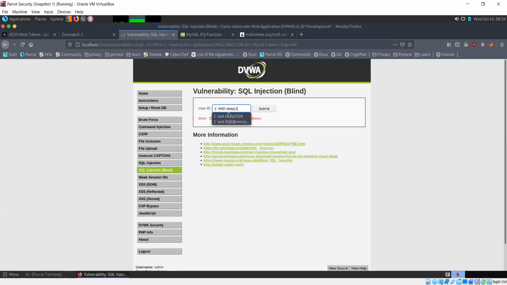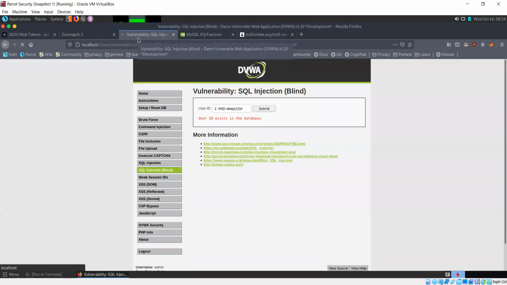Sleep, let's say 10, and submit. Now notice that there's a delay and your browser is waiting to get the response. So there was a 10-second delay. This user ID is missing. This does not matter in this case. We're just looking for the time delay.